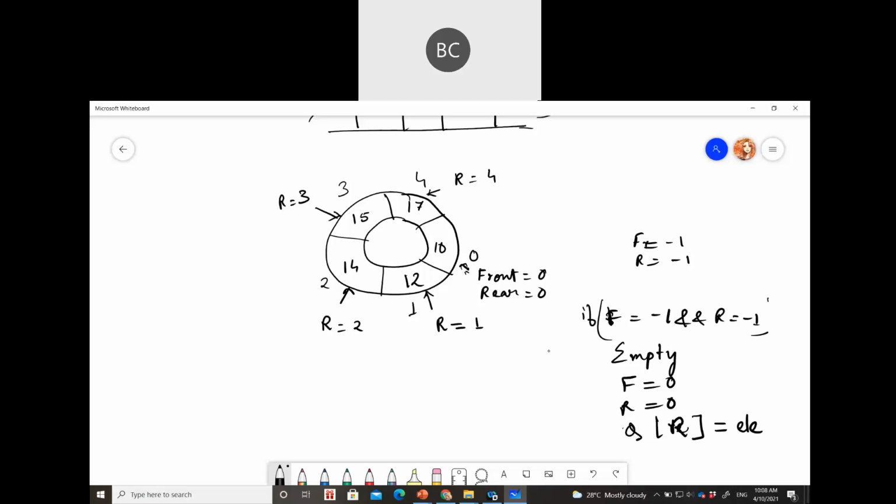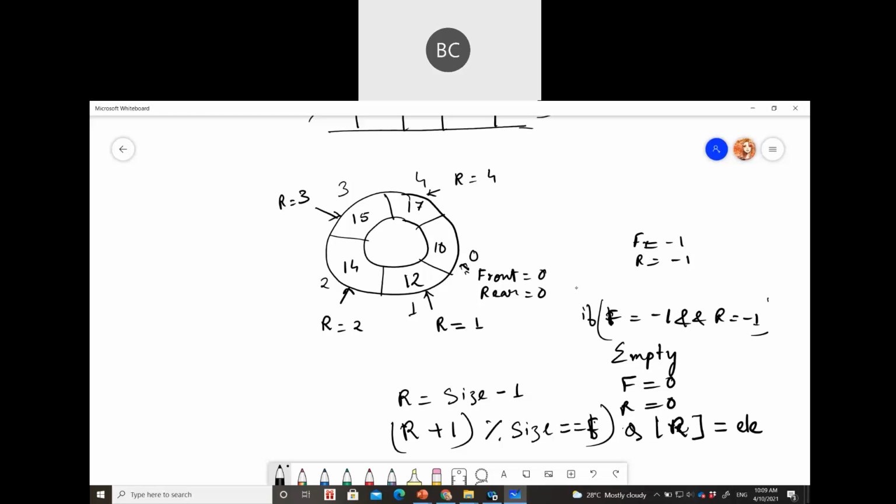Now, what is the overflow condition? In one way, you can write rear equals size - 1. Another way to write it is if (rear + 1) mod size equals front.